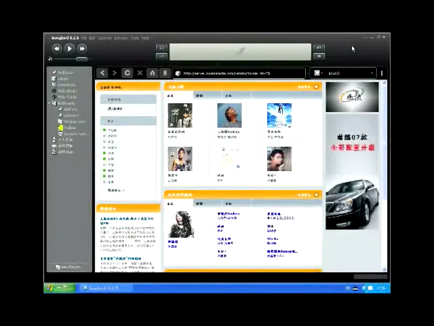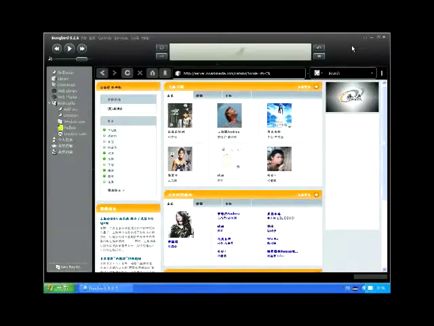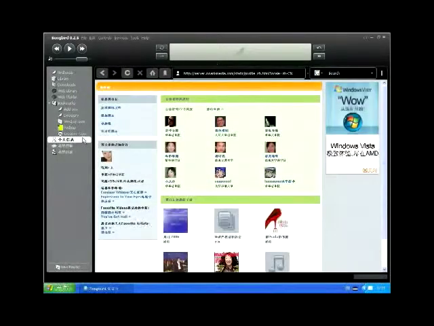Now, what you're looking at here is the Noank Media user interface and our homepage. As you can see, the homepage is not in a typical web browser. It's actually all encompassed in a customized multimedia player. Now, let me introduce some of the social networking features I mentioned a moment ago.